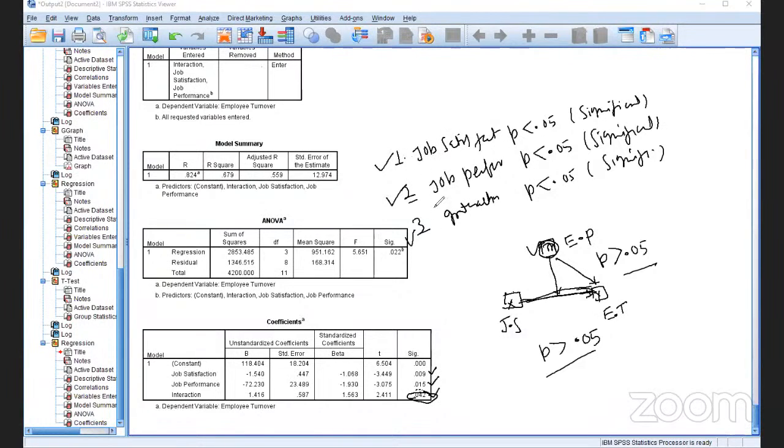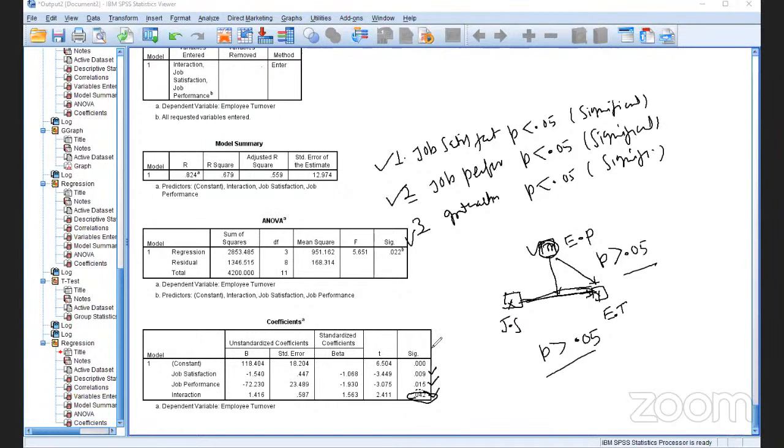So it means here the moderator variable is working. Okay, and so we can check it through this. Now the question is, the moderator variable is working, but we do not know whether this moderator variable is effective or significant for low job performer or high job performer. We know that the interaction term is working, but we do not know whether it is significant for low job